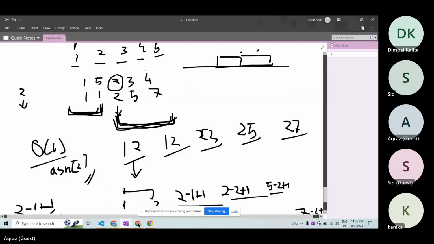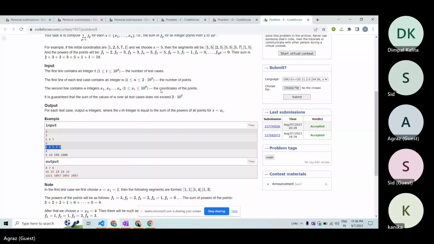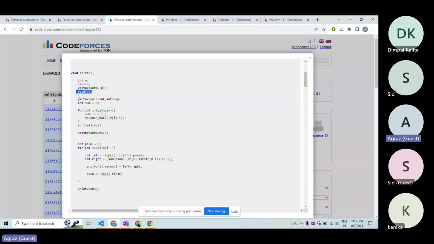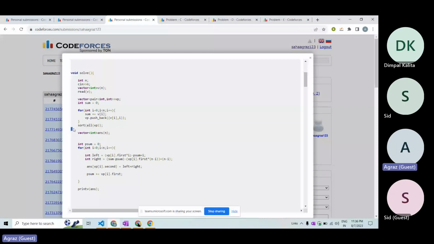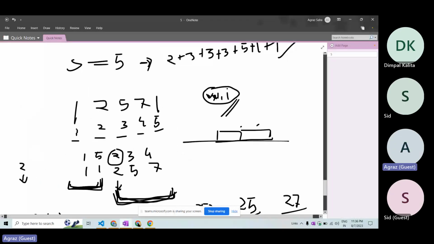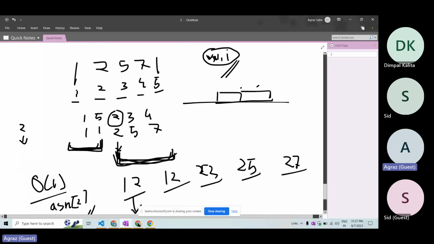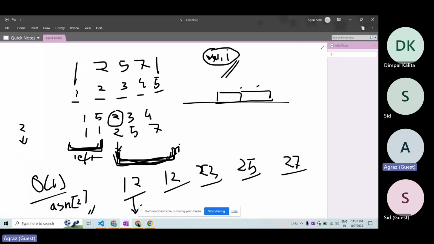I will go to the code. Yes. I have taken input first, then I have taken the vector of pair. Okay. And the sum is equal to 0. This sum is the whole sum, I am actually taking the whole sum. Now this is only the value of the first value, and then the index. I shortened this. I've already discussed why I shortened this, because I have to partition it with the value of left and the value of right, so that I can derive this